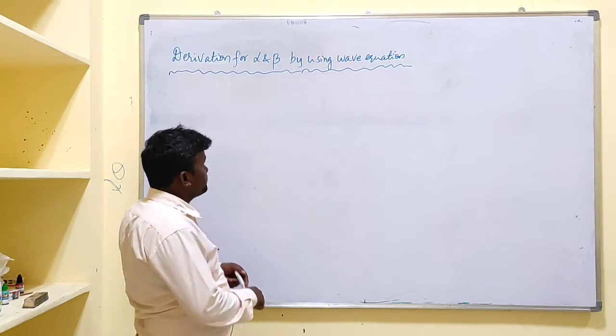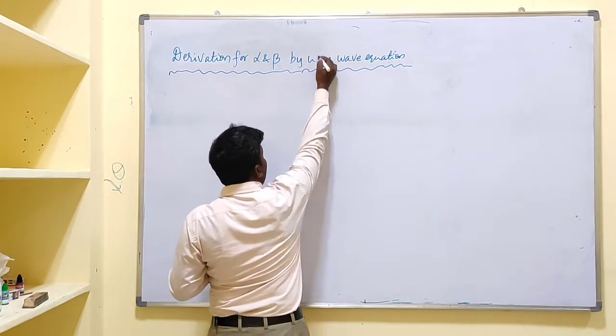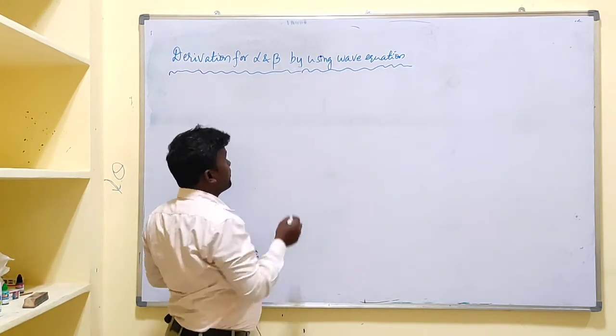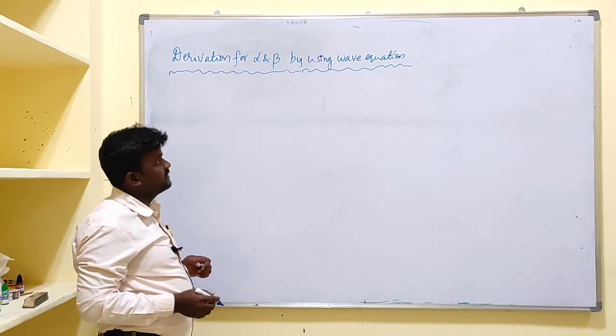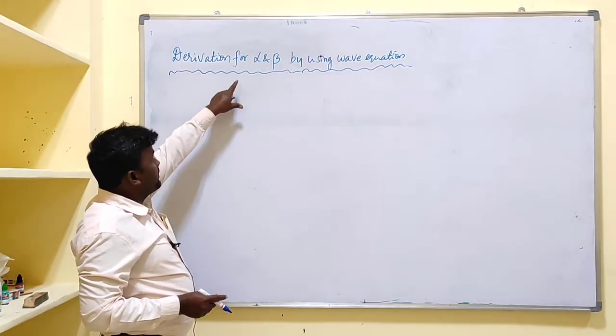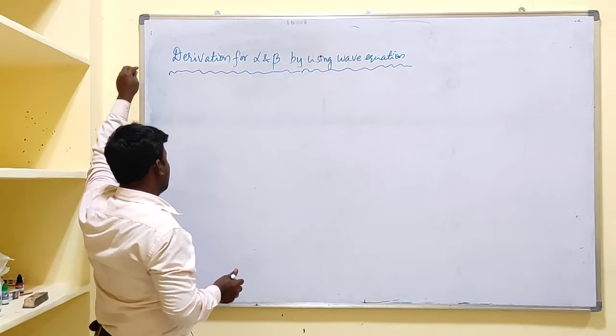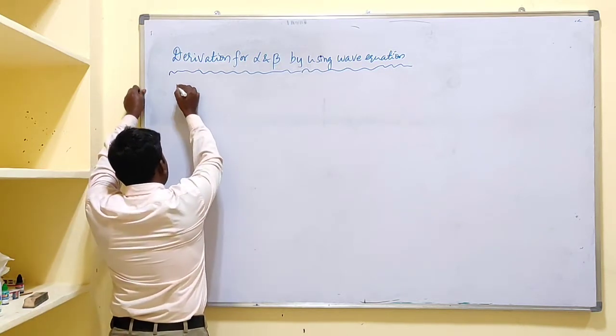In this video I will derive expressions for alpha and beta. Alpha is the attenuation constant and beta is the phase shift constant. We can derive alpha and beta by using the wave equation. We know that the wave equation is given